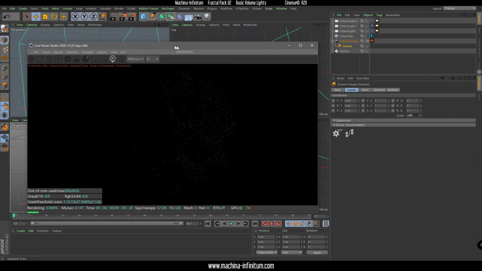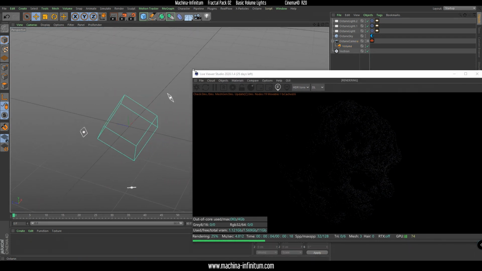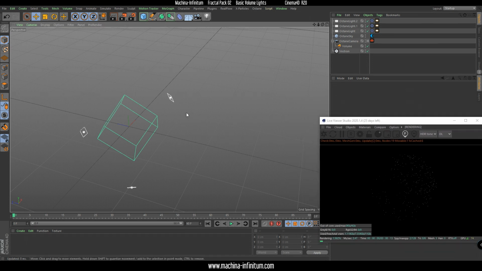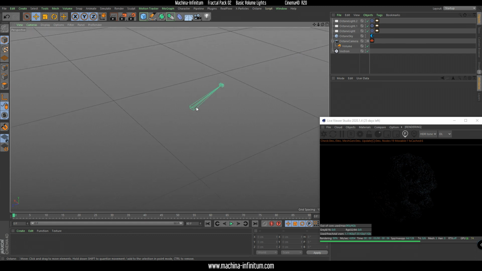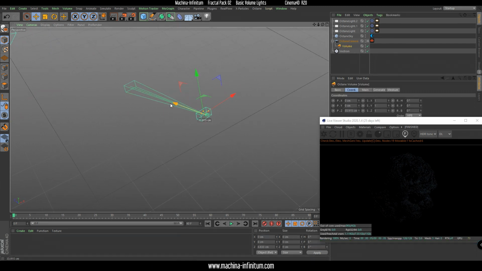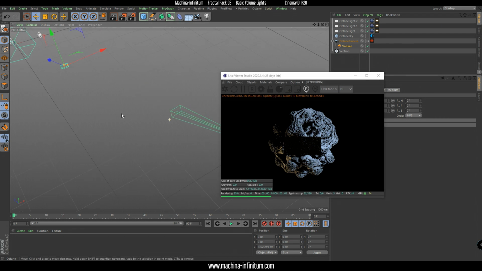And now the volume is at the same position of the camera, as you can see here, and we can just move our volume until it hits the fractal,